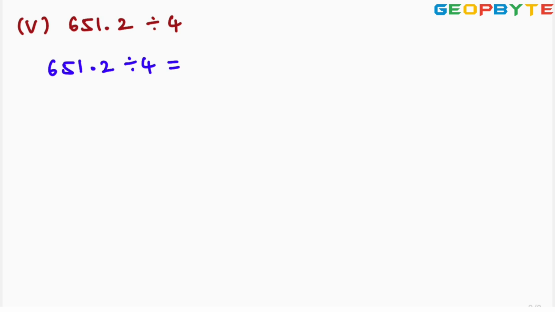So in 651.2, after the decimal point, we are having only one digit. So in order to remove the decimal point, we need to divide with 10. So then we'll be getting 6512 by 10 divided by 4, which is equals to